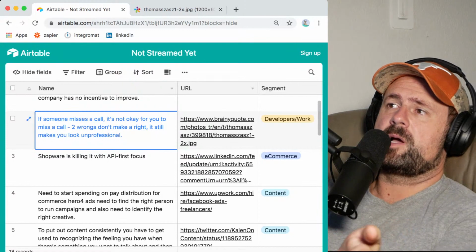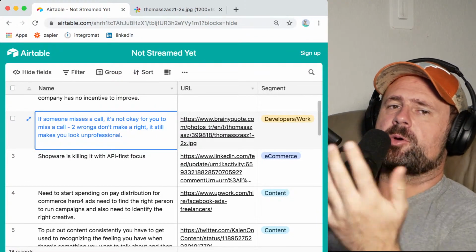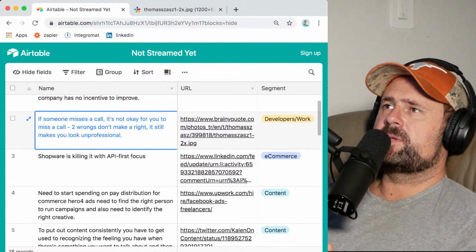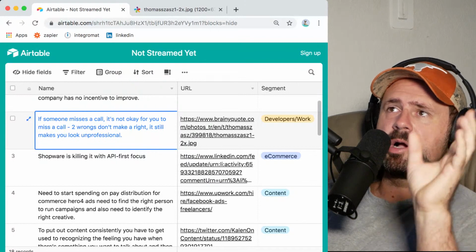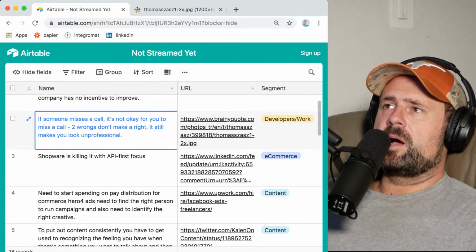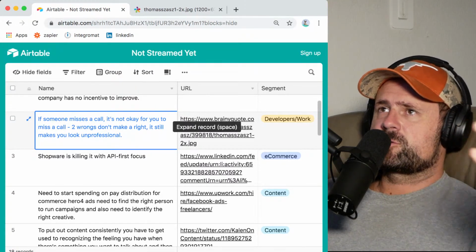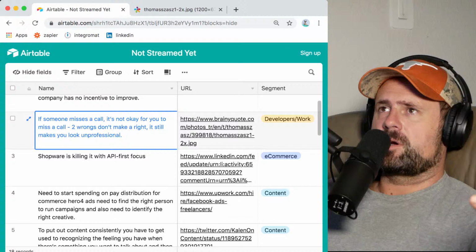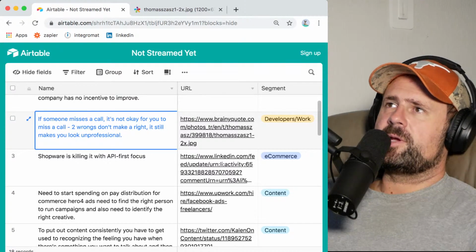client was not as responsive as they should have been. This is a Commerce Hero match. And I'm a big believer in both sides of the deal needing to be responsive. Like, if clients aren't responsive, then they're going to get less opportunity to use the platform, because they need to be responsive. Unresponsive clients are annoying. But on the other hand,